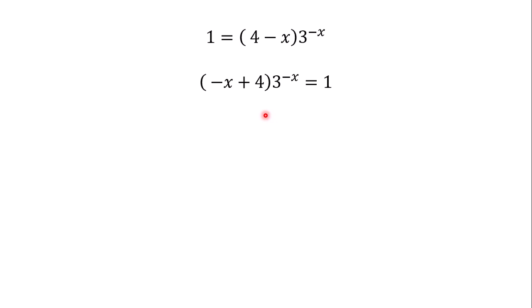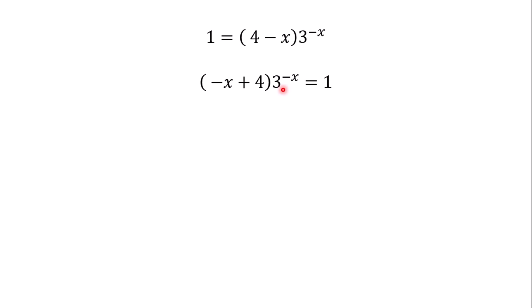Why are we multiplying by 81? It is because of this expression here, that is minus x plus 4. You know, 81 can be written as 3 raised to the power 4. And then when we multiply it by this one, it will make the whole of this one thing. So the whole of this multiplied by 3 raised to the power 4, or 81, will be, in terms of indices,